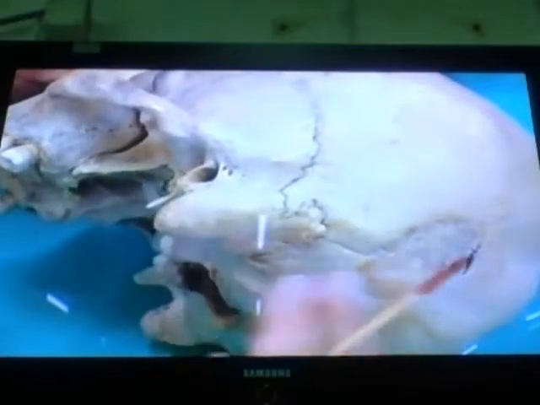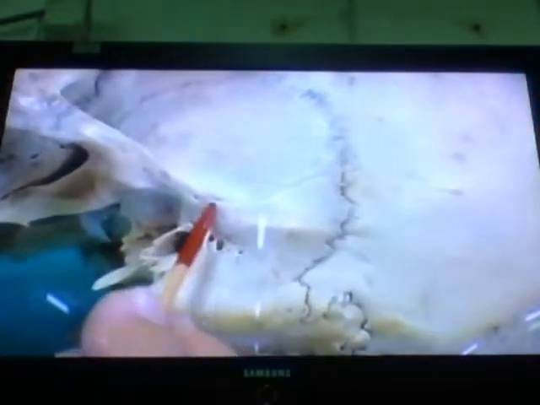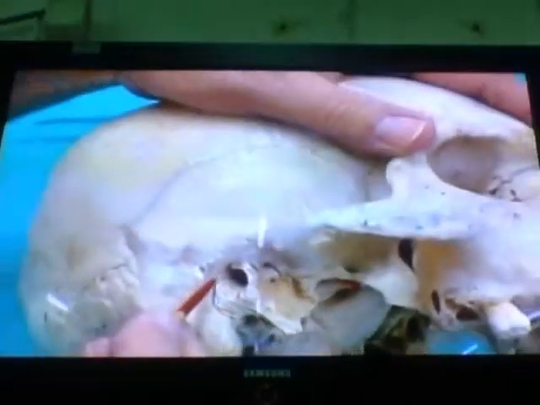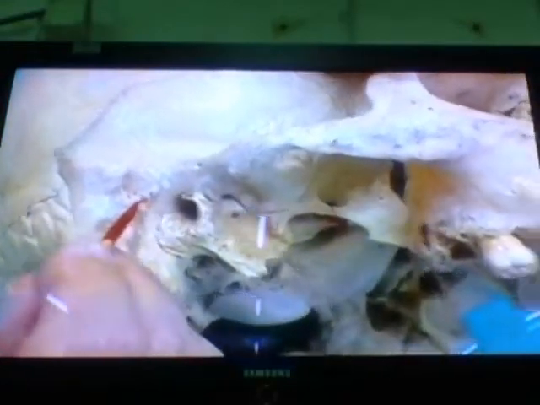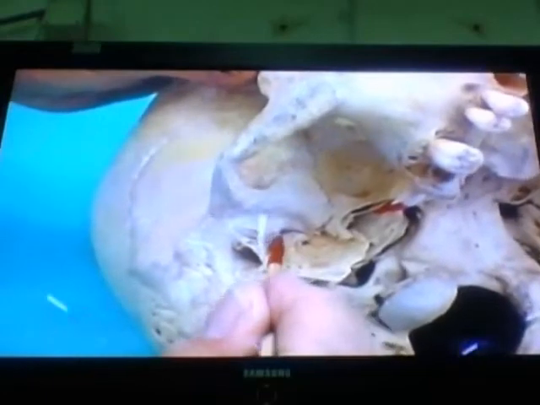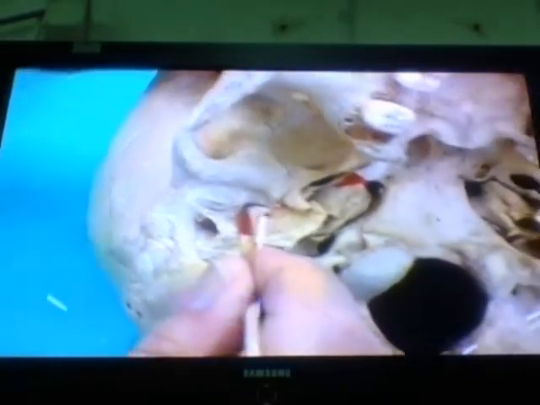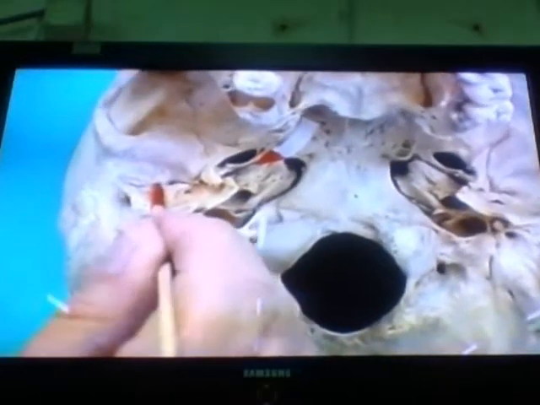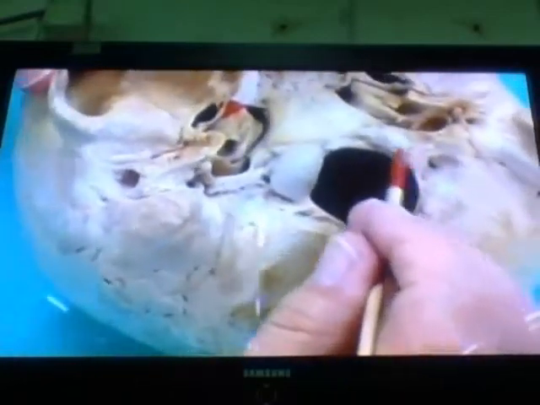Okay? Alright? And here we see an opening right here, just in relation to the triangular McEwen. Let me see it better over here. Alright? And traveling through there is the auricular branch of the vagus. There we see the petrous fissure, and that petrous fissure has going right through there, as we know, the chorda tympani. The chorda tympani goes right through the petrous fissure. That's the chorda tympani. Okay, you can see right here very clearly,